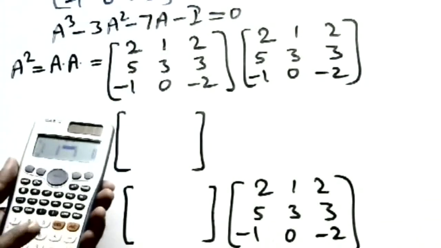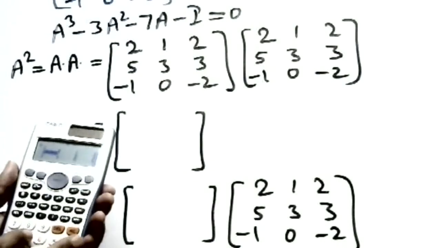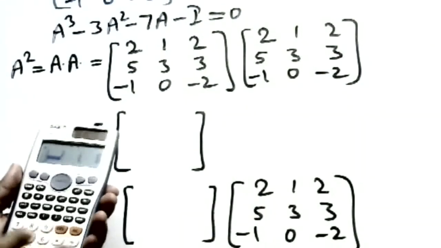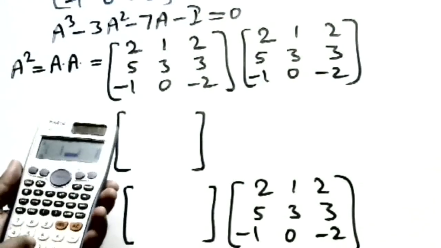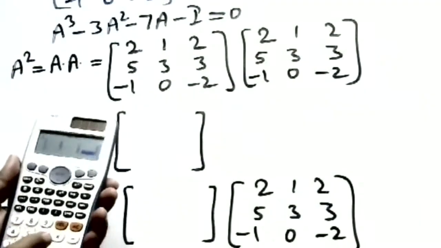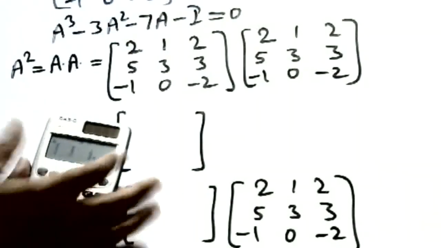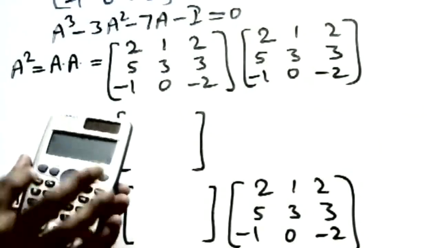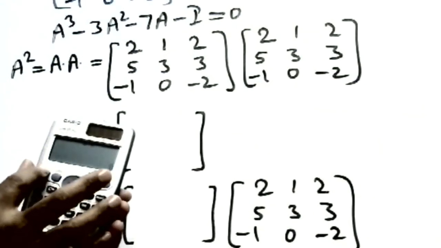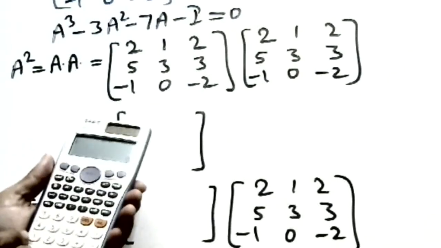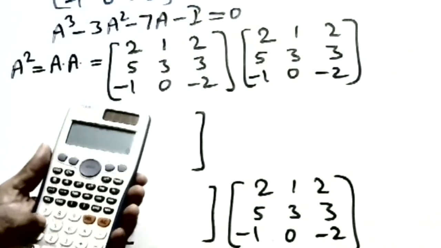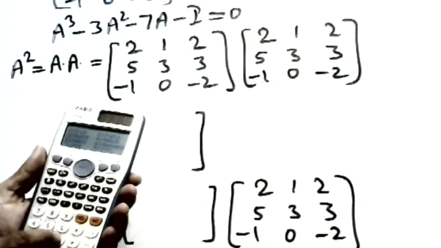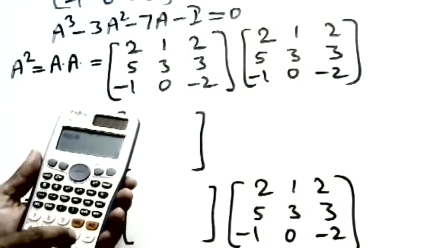Now let me substitute this one. 2, 1, 2, 5, 3, 3, minus 1, 0, minus 2. So now we see here, we have taken the matrix A. Now we want A square, no? So that is A into A. We can go from here. You see here, shift, we can use shift. And after shift, in place of 4, we are having matrix. So we have taken matrix. So we want matrix A. So take 3, matrix A,